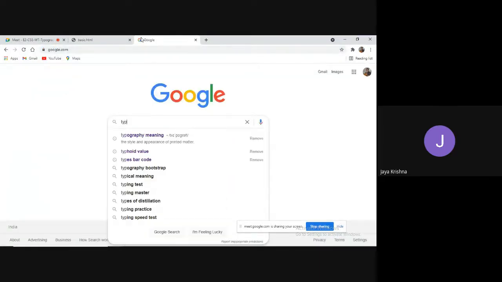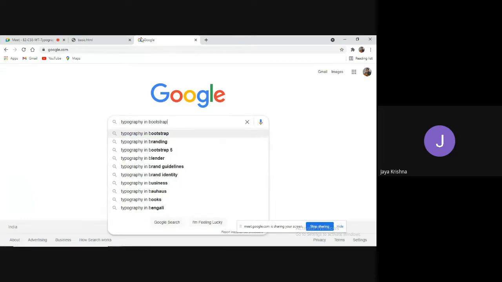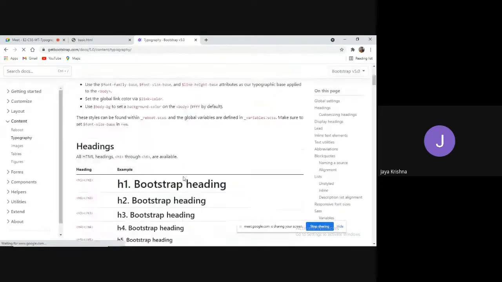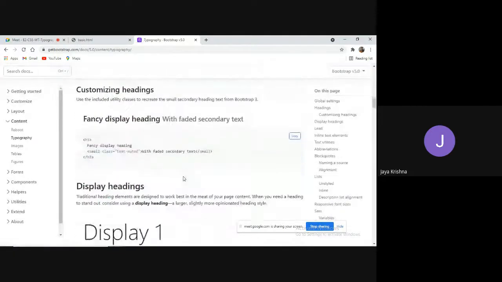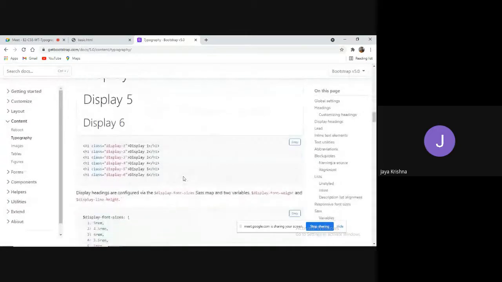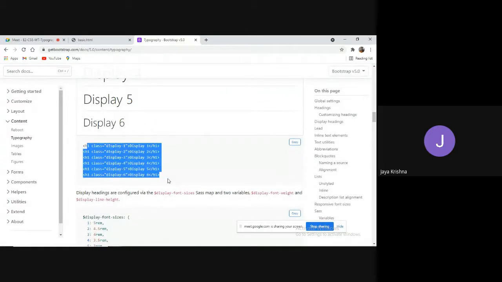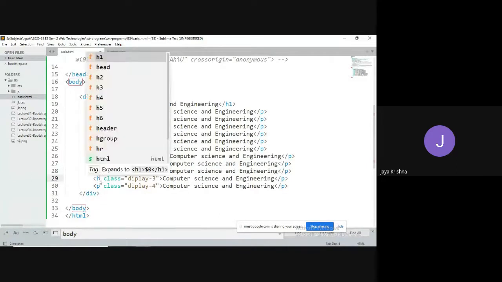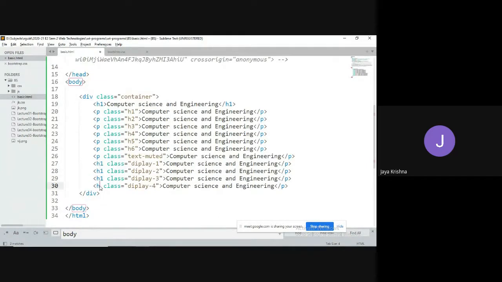Let's go to the resources, typography. If you go for typography in Bootstrap 5, you can observe all those text-muted classes. See, for headers you have to use this, display-1. All these are meant only for the headers. That is what you have to understand.